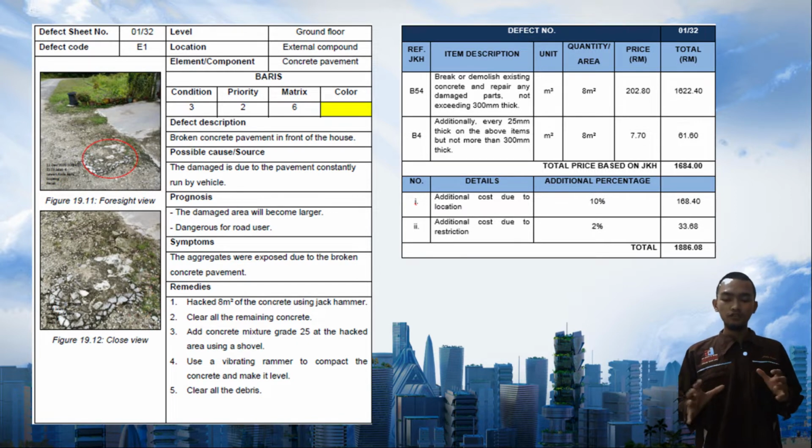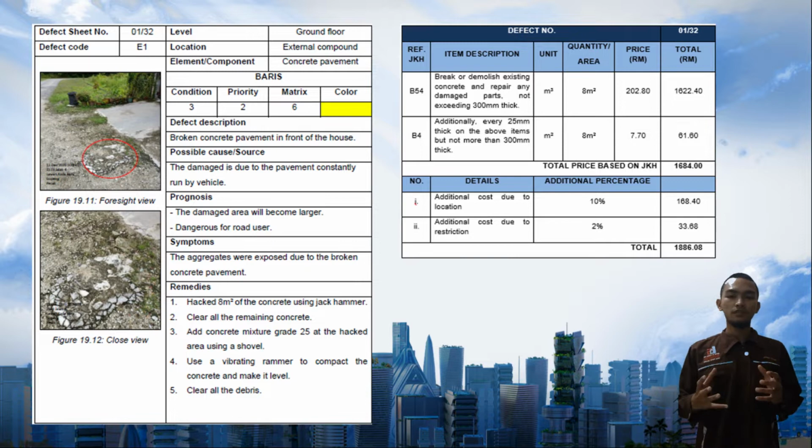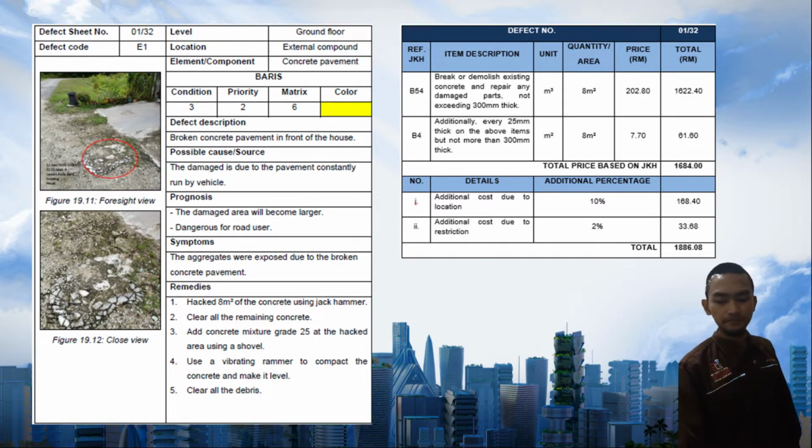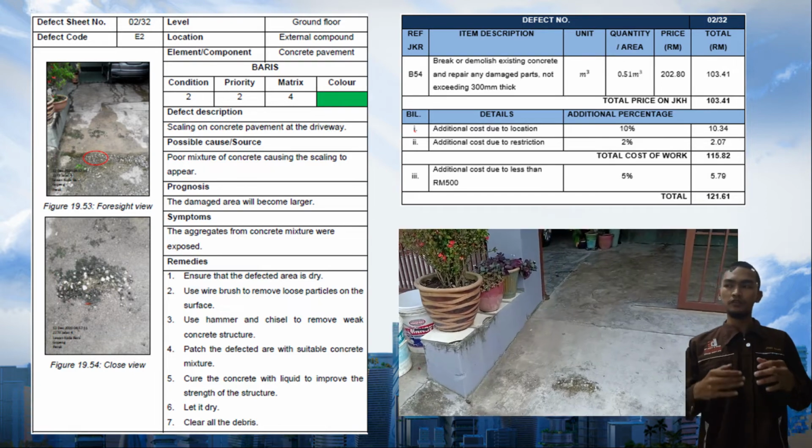After that, use the vibrating rammer to compact the concrete and make it level. And then the last step is to clean all the debris. And then the cost of repairing this defect is 1,886 ringgit. And then the next defect is scaling on concrete pavement at the driveway, which is located near